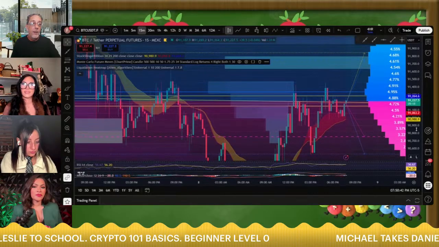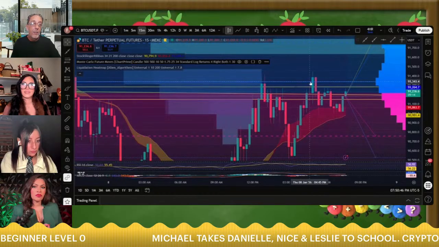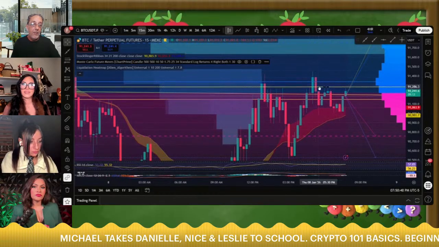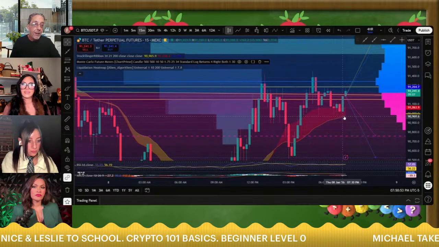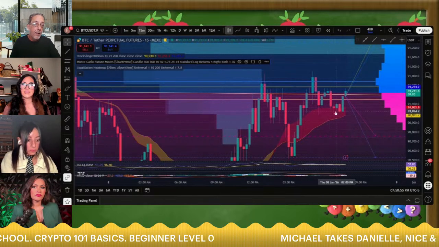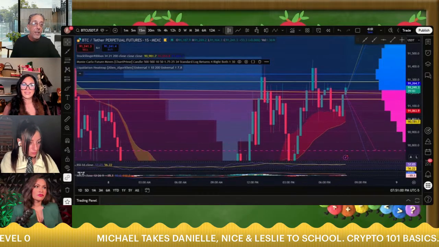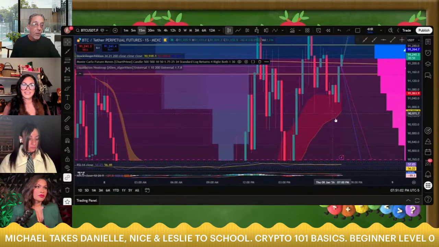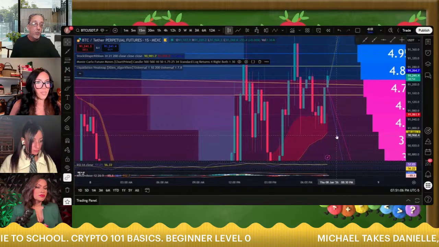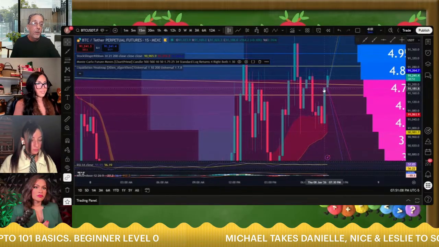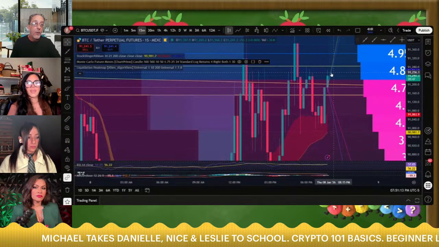Now, here's another indicator that I have on here, and it tells you when we're coming back down. If it's coming back down and coming into this, what I call a cloud, it gives you levels of support. Luckily it didn't come all the way down, but sometimes it'll come down and bounce off of this, and then bounce back up. But the 15-minute candle here was strong. Look at it, it's a full candle.